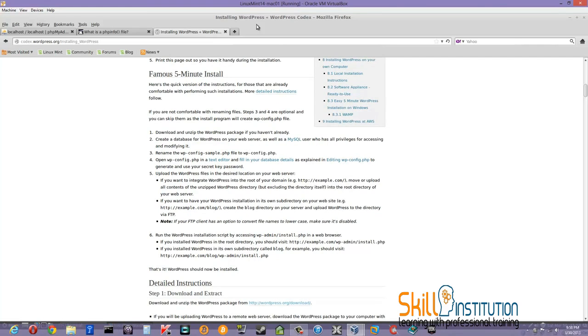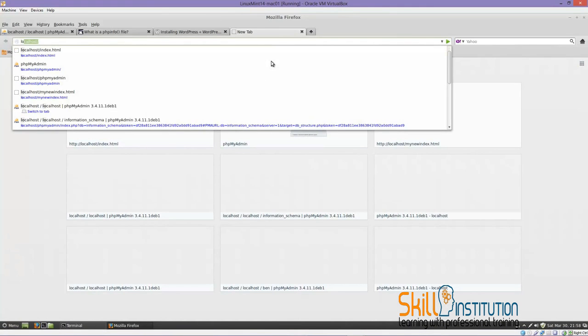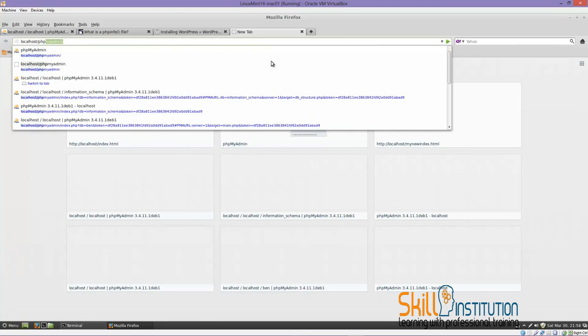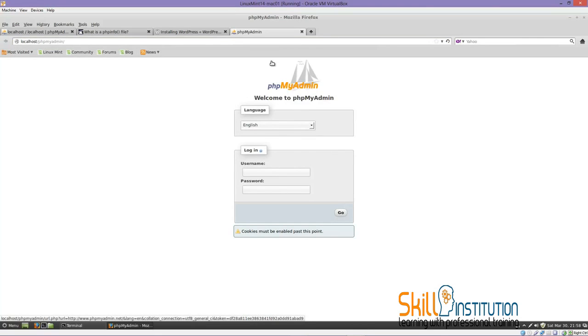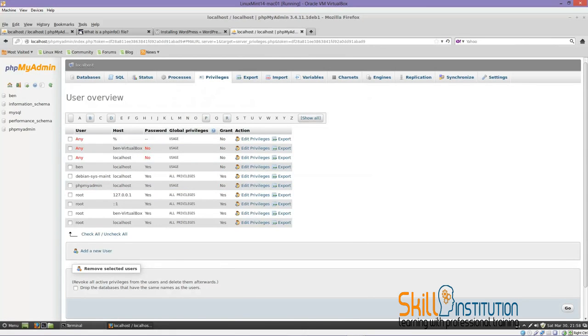So now we need to create the database for WordPress, right? So we need to open up our phpMyAdmin. We need to go to localhost/phpmyadmin and type in root for the username, and the password for the root user, I believe, is 123456 if I remember correctly. Yep, that is the password. Okay, so now I need to create a database for WordPress. So I need to go to privileges, click on